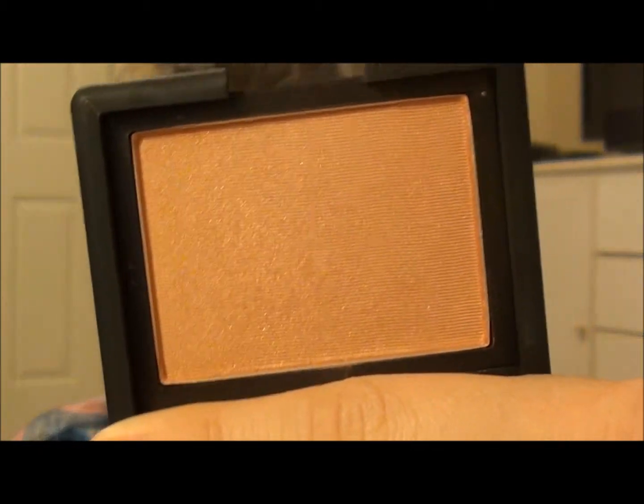Let me get up closer. It has a pretty good amount of sheen in it. So if you do not like shimmer or sheen, you will not like this. And it is gorgeous. The only way I can describe it is it just makes you look so healthy and glowing, and it's a beautiful blush. If you do not have that, or you want one summer blush, that would be the one I tell you